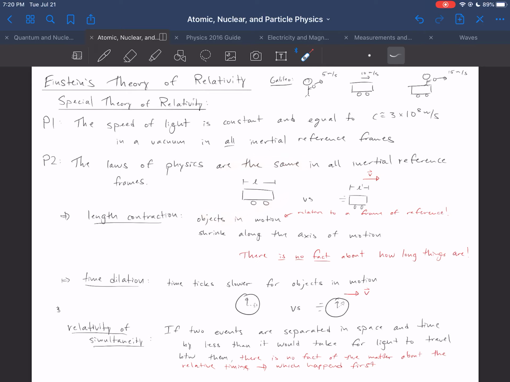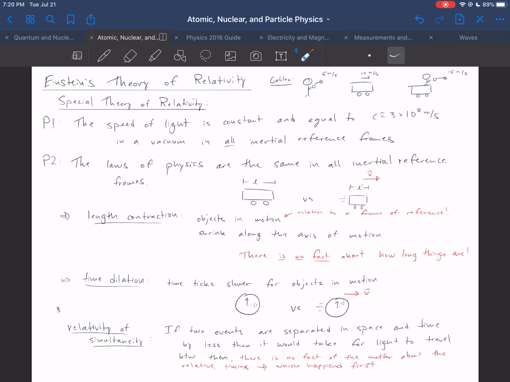In fact, what they will measure is that because they see you moving, like someone in a car seeing the world moving outside them, they will see everything else shrink. And that is not an appearance, although I use the verb see. They literally get smaller. And moreover, there is no fact of the matter about how long, how extended things actually are. It depends on how fast they're moving in your reference frame. There's no truth about what length it is.